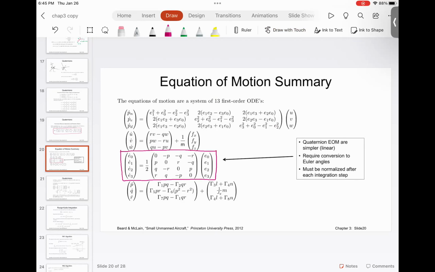Everyone understood this? However, there is a big advantage here. Earlier, there were all sine and cosine and those types of terms. Do you agree with me? Those functions are non-linear. But as soon as I do a quaternion representation,